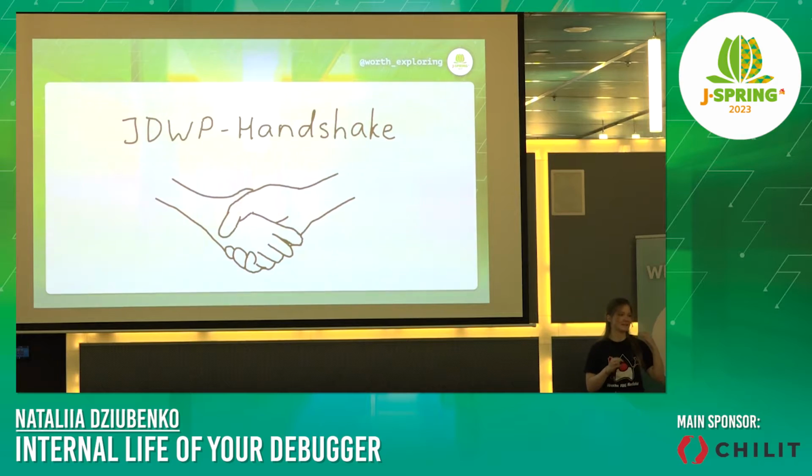There is a specific string that you can send to the JVM. It's 14 bytes. It contains literally the string JDWP-Handshake. And the JVM will reply back to you with the same string. After that, the connection is established, and the debugger can do anything at runtime it wants with the JVM,